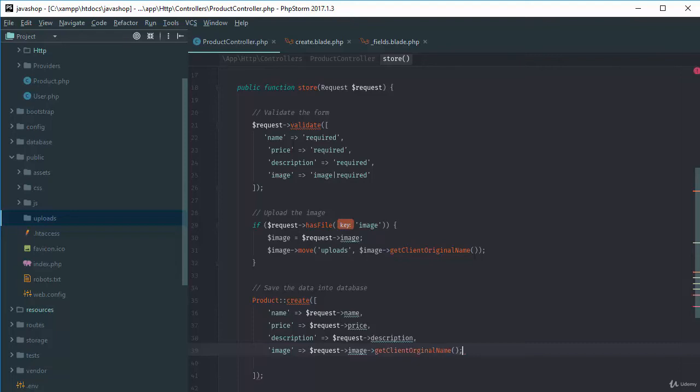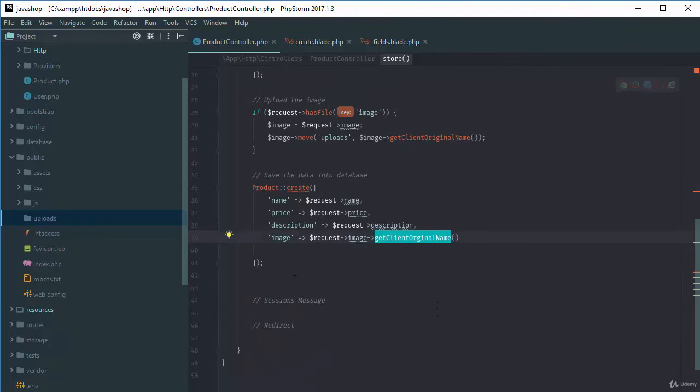So it will store the original name, for example, download.png. Basically that will take the original name of the image, right? Okay, I don't like to waste your time, so I'll simply do the next step,